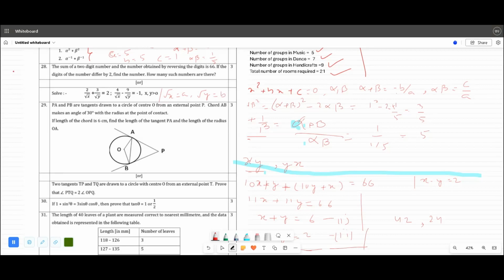ओके, सो अब हम उसको रिप्लेस कर देंगे और 1 by root x एज्यूम कर लीजिए a। ओके, 1 by root y है b। तो अब ये हो गया 2a plus 3b is equal to 2, first equation। और दूसरी क्या बनी, 4a minus 9b is equal to minus 1, राइट। अब हमने क्या करना है, इसको हमने 2 से मल्टीप्लाई किया, तो it became 4a plus 6b